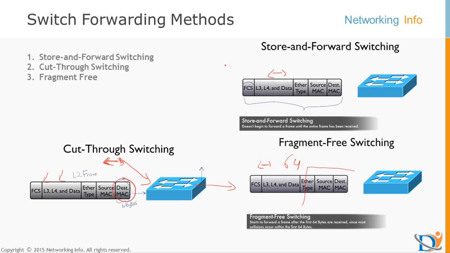Store and forward is generally used in access layer devices mostly. Cut through is mostly used in core layer devices. This one you can change according to your environment if you want to, and we can configure it in distribution layer devices. Distribution layer devices are a medium category of devices where we don't have too much traffic and we don't have too little traffic. So this is the hierarchy model, I can say.